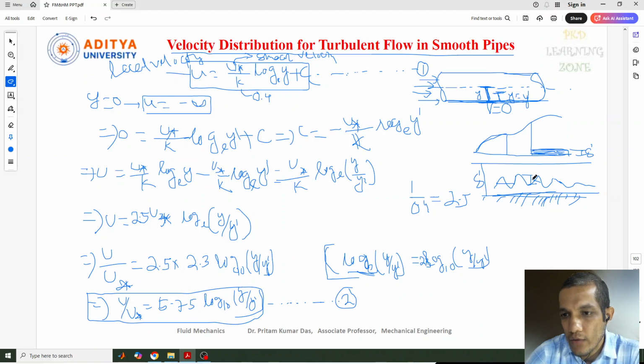So this is the sublayer value, and this is the k value, correct. When the k value is less than delta star, it is called a smooth surface, and when the k value is more than delta star, it is called a rough surface. We already discussed this in the last videos. So here, if the laminar sublayer exists for the smooth boundary,